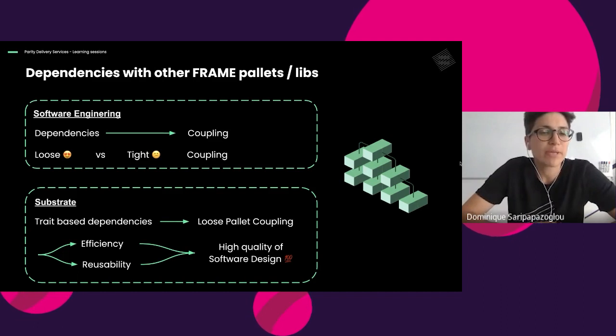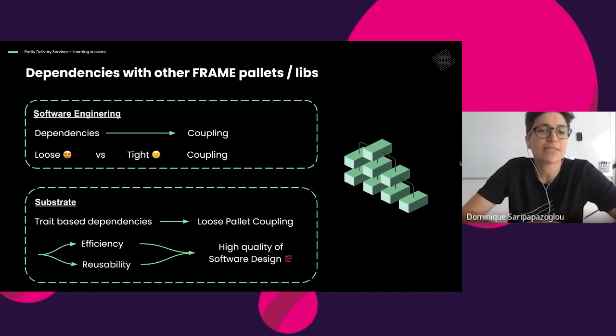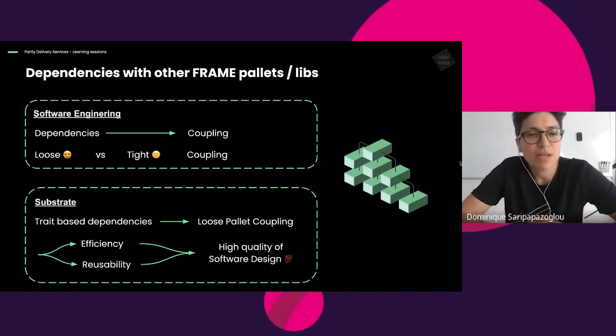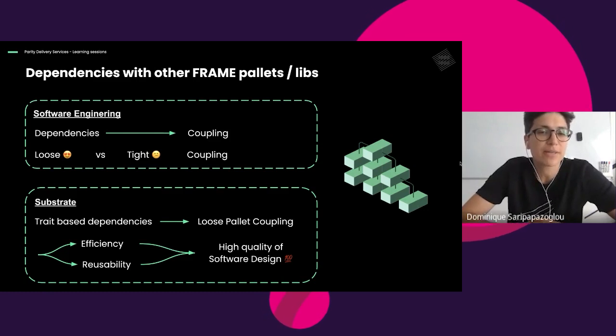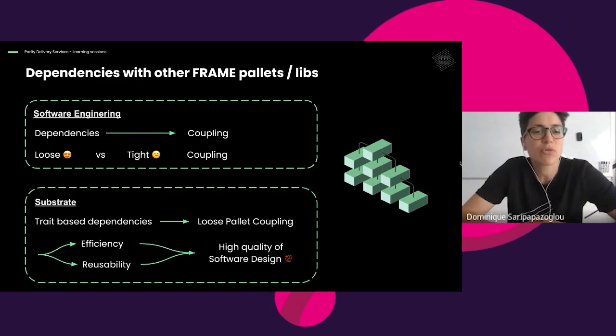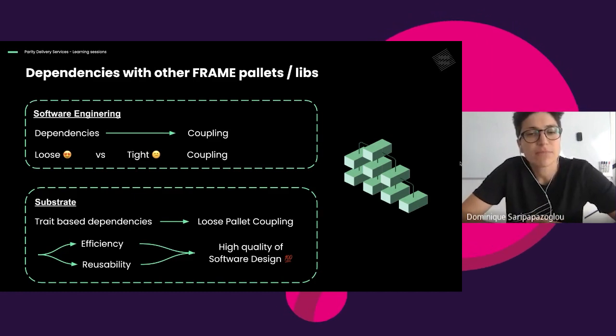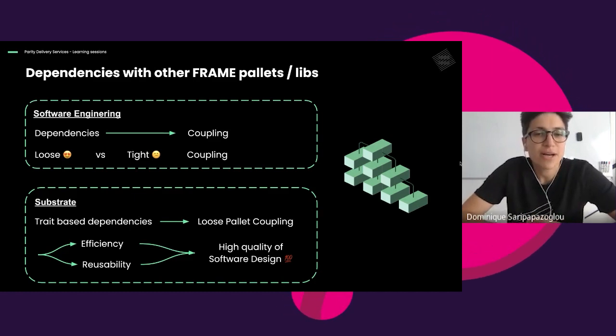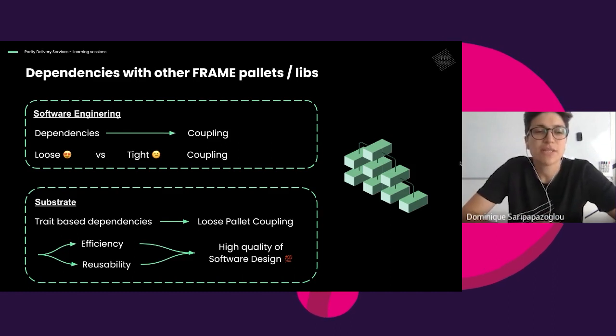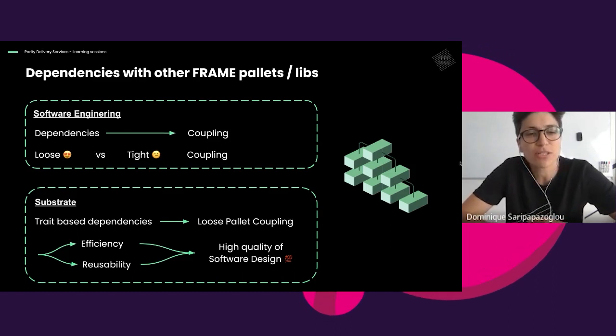That means, more specifically, trait-based dependencies. That makes the design more efficient and more reusable, and hence is a sign of high quality of software design. Efficient is because the